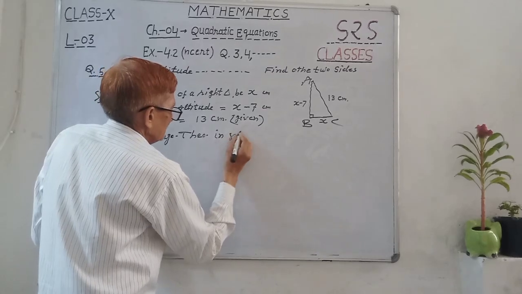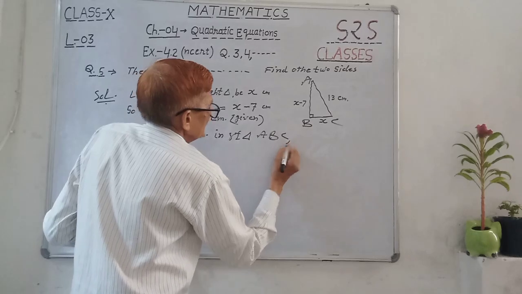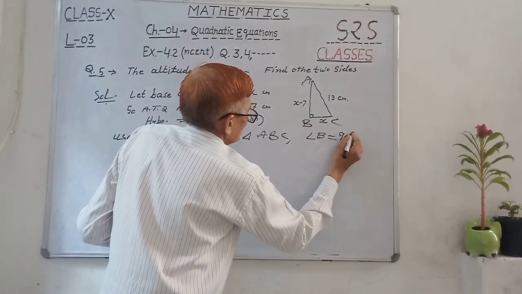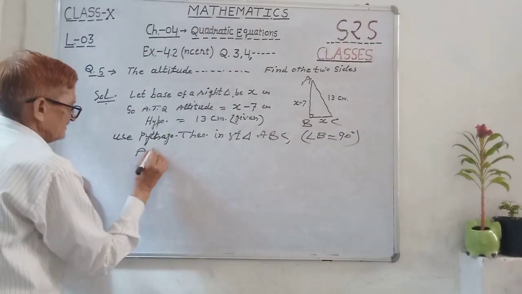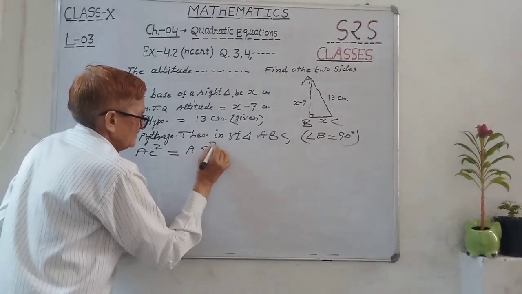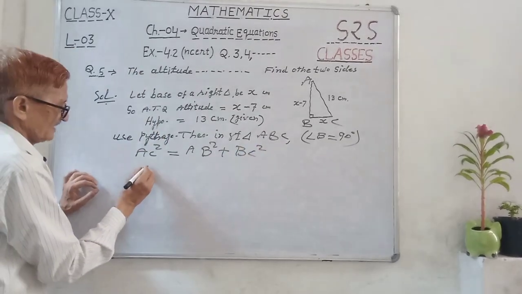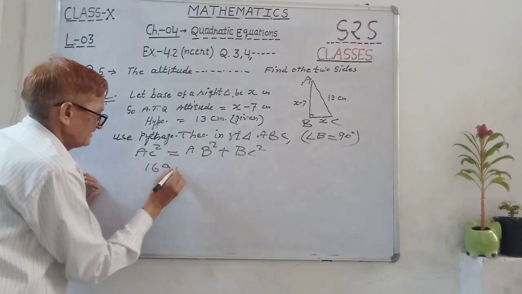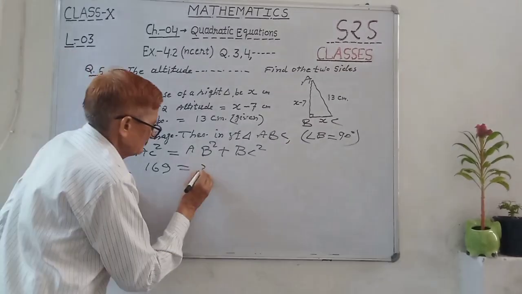In right triangle ABC, angle B is 90 degree. Then hypotenuse square is equal to the sum of the other two sides square, AB square plus BC square. Then hypotenuse is 13 square, 169, and AB is x minus 7, this whole square,